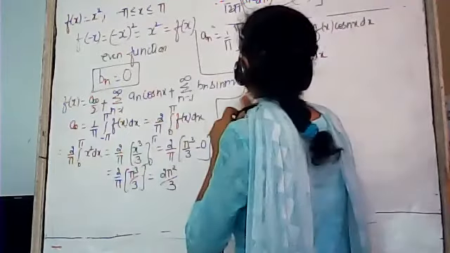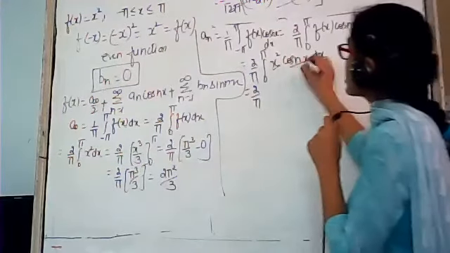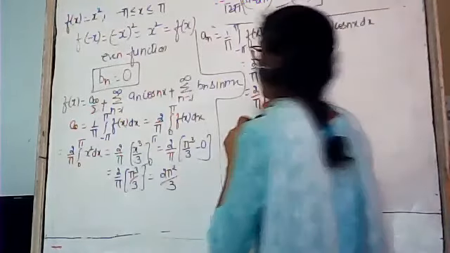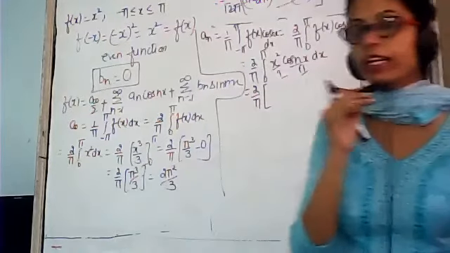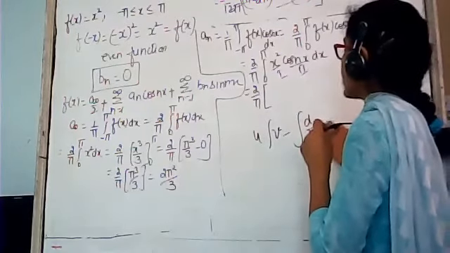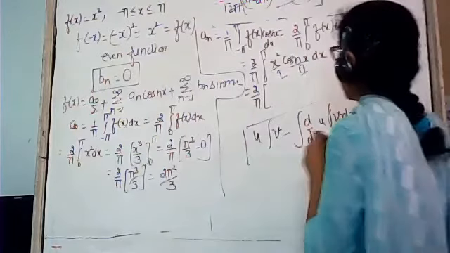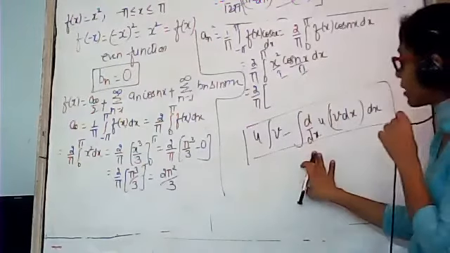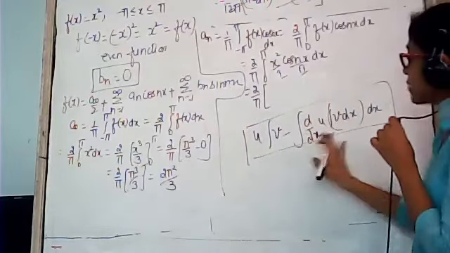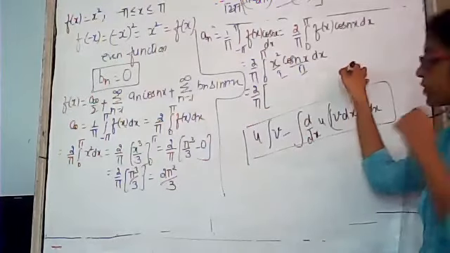Okay? This is equal to 2 by pi. Now we have to integrate this function. Again, two functions are there, function 1 and function 2. Integrate by parts or by chain rule. Look, if you integrate by parts, u into v, that is first function as it is, integration of second function minus integration of differentiation of first function into integration of second function, the result will be the same. Whether you apply this or the chain rule that I taught you, the result will be the same. Okay? Here you may need two steps, but in this one it finishes in a single step. Okay?